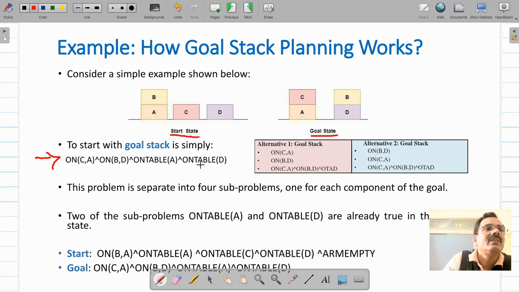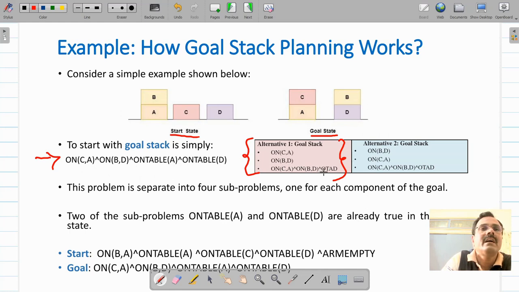Now this is the goal that we have to achieve. So we are going to put this goal on the stack. So your goal stack will look like this. Look at this part. So we have block C on block A, block B on block D, and then A and D, they are on table.